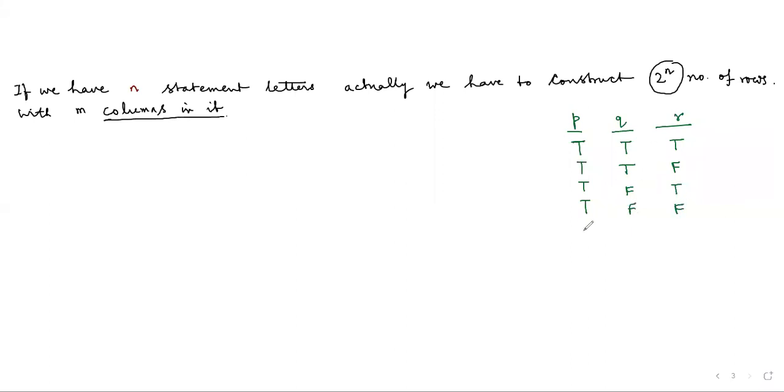The same set will repeat itself for small p having the truth value capital F. So according to this formula, for 3 statements, we have to construct 2 cube, meaning 8 rows,